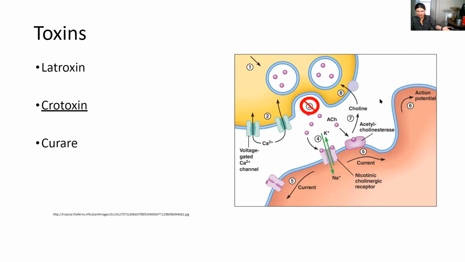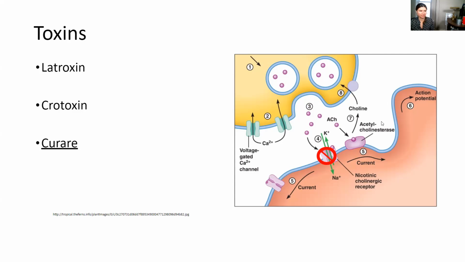They're going to feel flaccid, but because we can't control them, we're in something called flaccid paralysis. Our final toxin, curare, works on the muscle side rather than on the neuron side. Both latroxin and crotroxin were affecting the release of acetylcholine. Curare acts on our receptors on the muscle side that usually receive acetylcholine. So when it knocks those out, no matter how much acetylcholine we have, we can't get that signal into